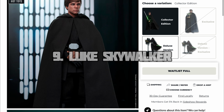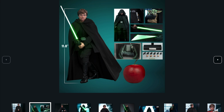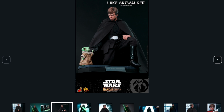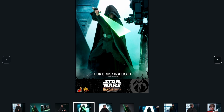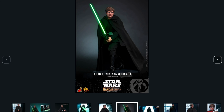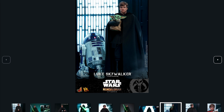Next, we have Luke Skywalker from The Mandalorian. Now, this is arguably one of the best Luke Skywalker figures they've done. It's really hard to gauge the price on the secondary market for this figure because in some instances it keeps its value and in others it doesn't. It honestly depends if you pick up the deluxe with Dark Trooper, but I think you can find this figure